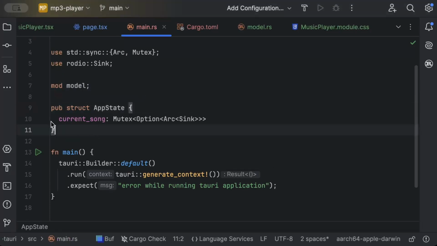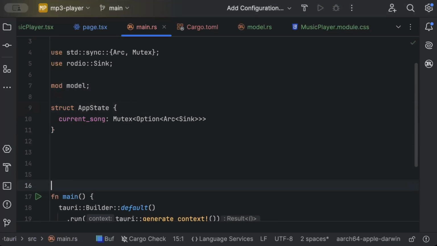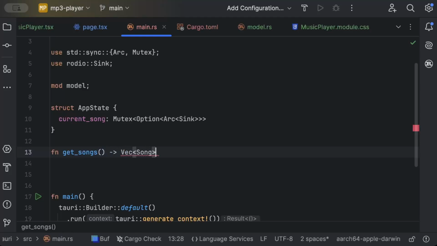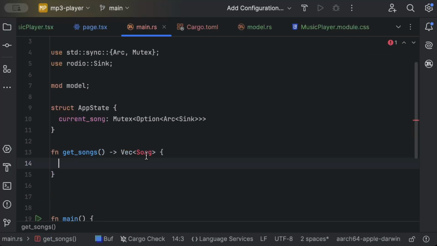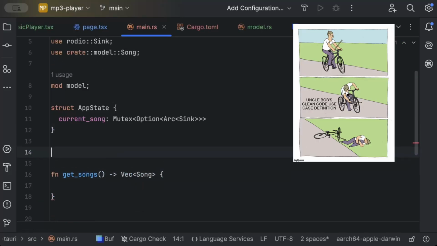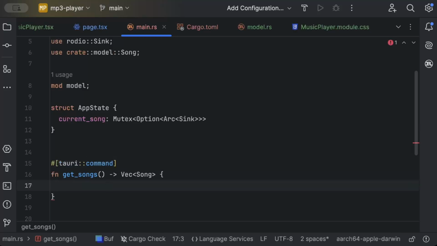Now let's add our commands. Actually we don't need it public because we'll add our commands here. So fn get_songs, which returns a vector of Song. Again, we might not focus on code cleaning in this video because the focus is to learn the concept of Tauri. So we'll just focus on that instead of layering our code and different other concepts of clean coding. So music files as a Vec::new,